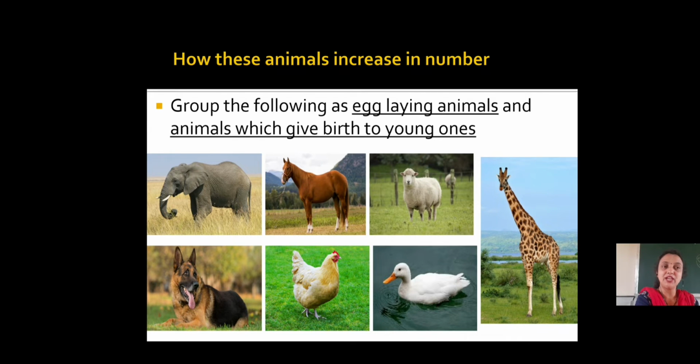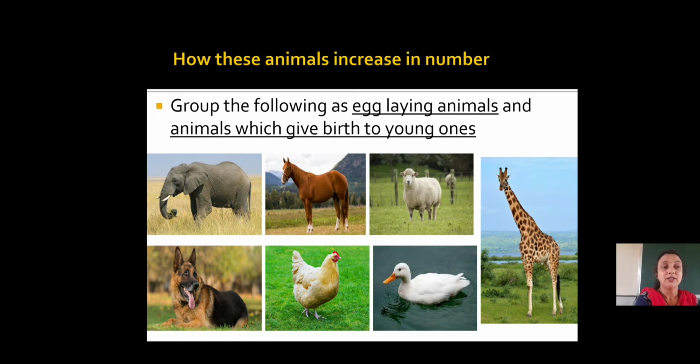Next picture we have shown is a horse. The horse's body has small hair and ears are present. Then you can see the next picture where the sheep's body has hair and ears are present. Now the zebra: hair is present, ears are present, right? And you can see a dog in the corner who has hair on the body and ears are present. And in the middle we have shown a hen and a duck whose bodies are covered with feathers and who don't have ears, right?